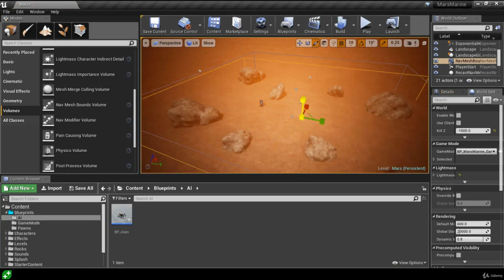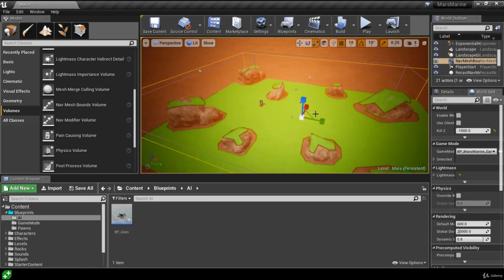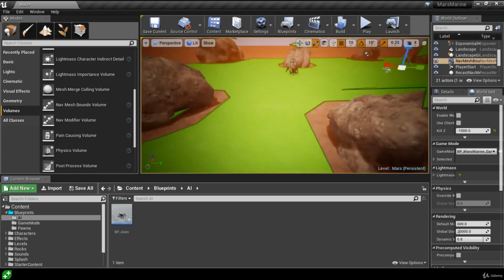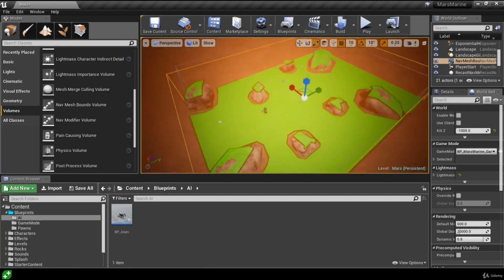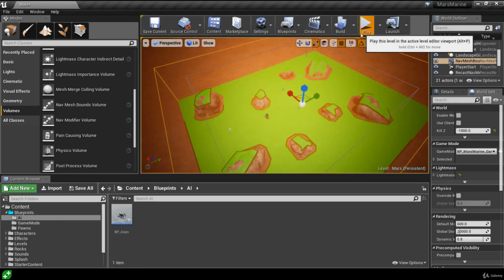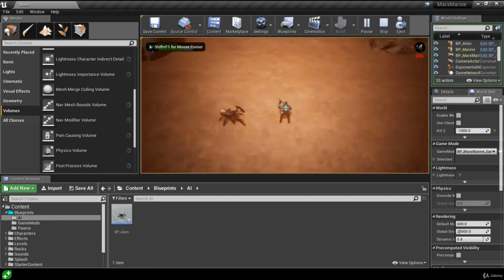We can press P to visualize how the nav mesh is perceiving our level. We can see that it's detecting our rocks, it's telling us that the AI can't walk there, and it's saying that the AI can walk around the rest of the level on the ground. And this is why the AI didn't work a moment ago. When we tried playing, we didn't have a nav mesh, so the AI didn't know where it could or couldn't walk. But now if we play the game, we can see that the AI is running directly towards us,